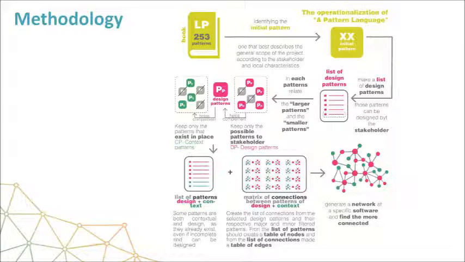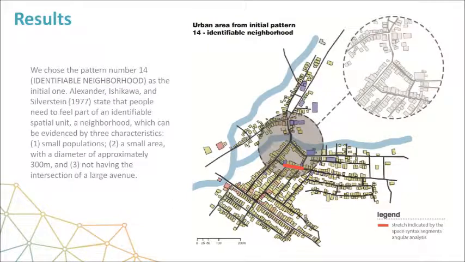We converted the connection matrix into two tables, one that contains the nodes and the other that contains the connections already identified, considering the directions of the relations. We inserted these two tables in the network analysis software, where they can be manipulated initially by layout algorithms and color assignment for better visualization. The real situation chosen was an urban intervention carried out in a district of Viçosa, a small town in the state of Minas Gerais in Brazil.